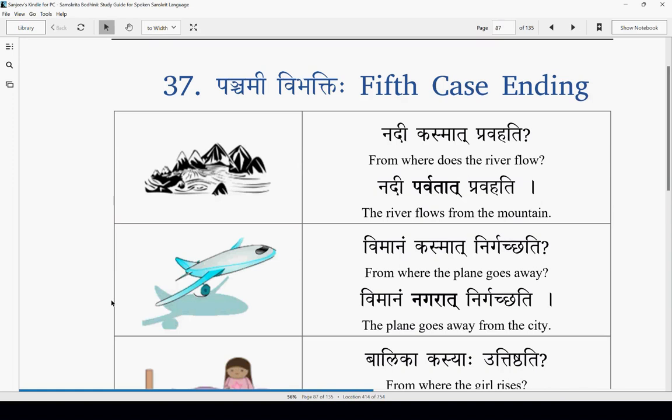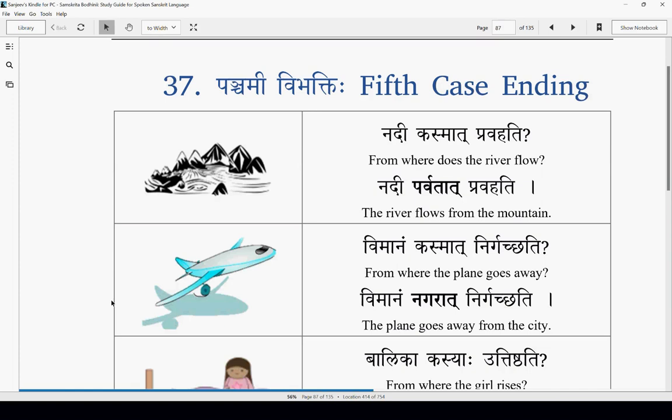Okay, ready for Panchami? I think this is our last Vibhakti lesson, or what is remaining. Prathama, Sambodhanam, Ditiya, Tritiya, Chaturthi, Shashti, Saptami are done, and now we have Panchami, the fifth case ending. Panchami Vibhakti is used when something is separating or moving away from something. That is the general usage of Panchami Vibhakti.